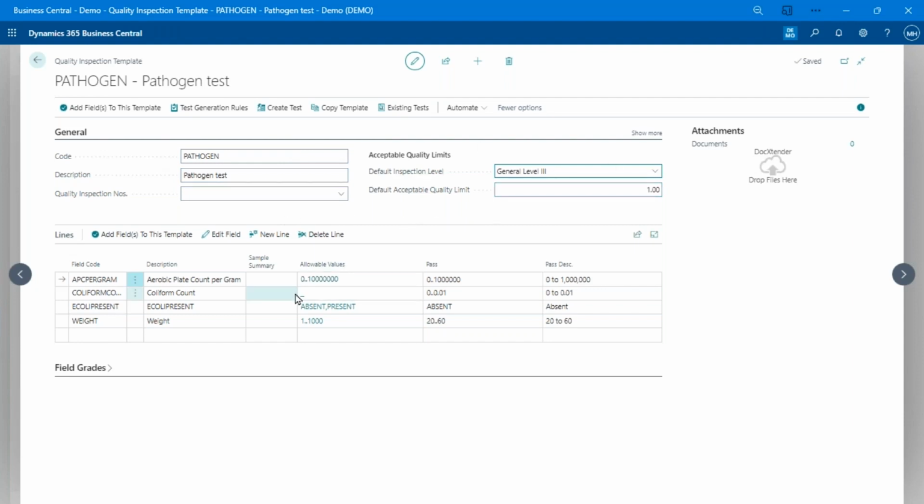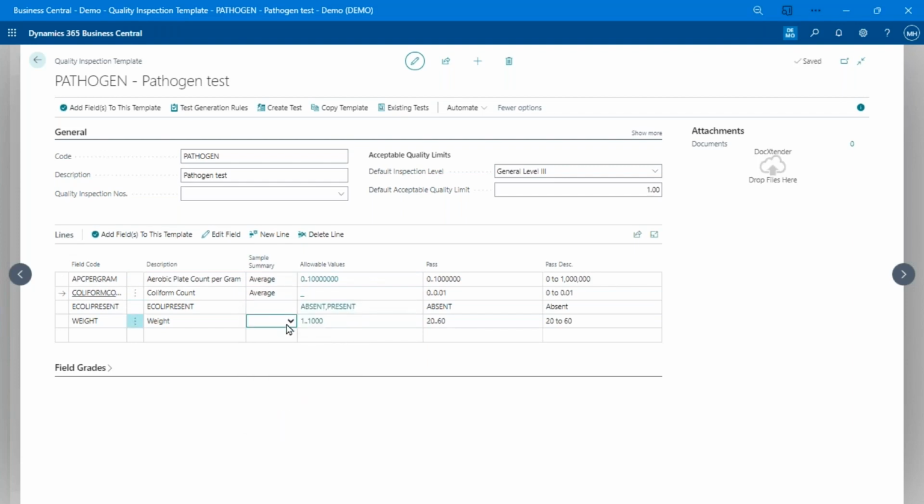But because we have that sample stuff built in, what it allows us to do is come in here, and anything that we want to take multiple samples on for this test, we set the sample summary here. And what this will do is show us sort of an aggregate of all the samples that we've measured so far. So if I come in here and I specify average, I might take 10 samples. It's going to show me the average of those 10 samples at the top level. And you'll see how this works in a sec.